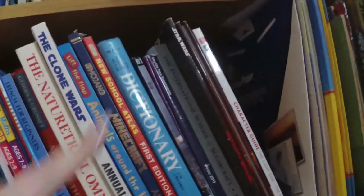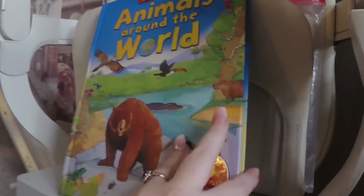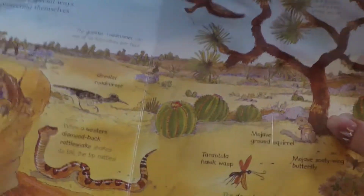Then on from here, we've got our dictionaries, we've got the Atlas first edition. They've got their Minecraft stuff, Animals Around the World. Absolutely brilliant book. And with this one, sorry, I'll have to put it on my chair lift to show you. So this book is absolutely brilliant, and the reason why I like it so much is that it says here, the Rocky Desert, and there's an inscription there about the Rocky Desert, and then inside